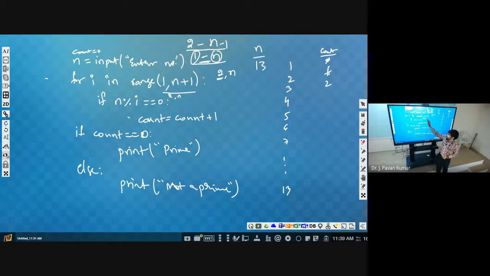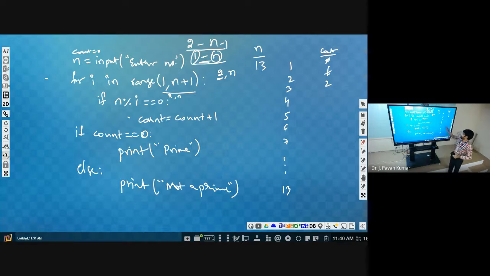If we use 1 comma n plus 1, then count should be 2. Understand? When will we use count equal to 2? If you use range 1 comma n plus 1, then we have to consider count as 2. If you avoid 1 and n, then we can check whether count is 0 or not. Clear?